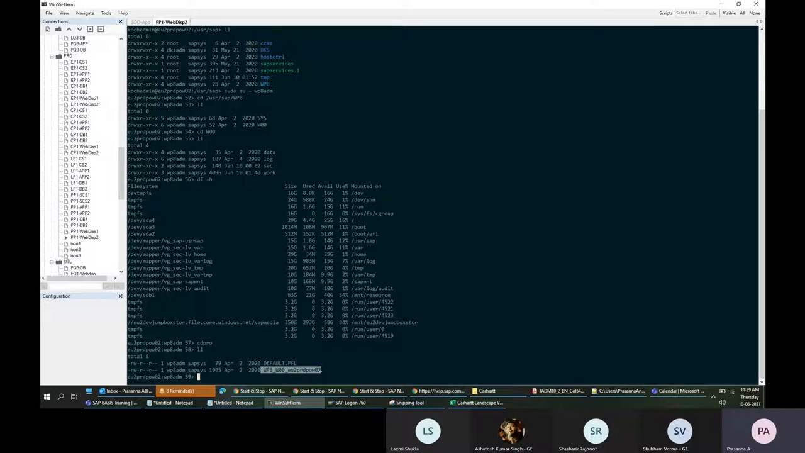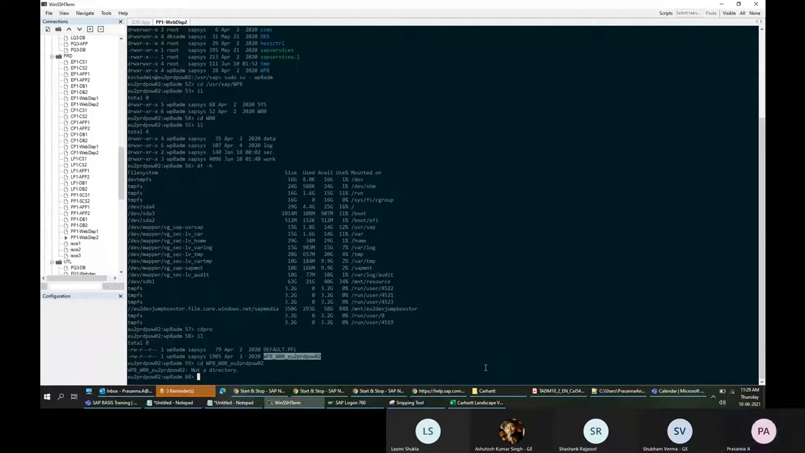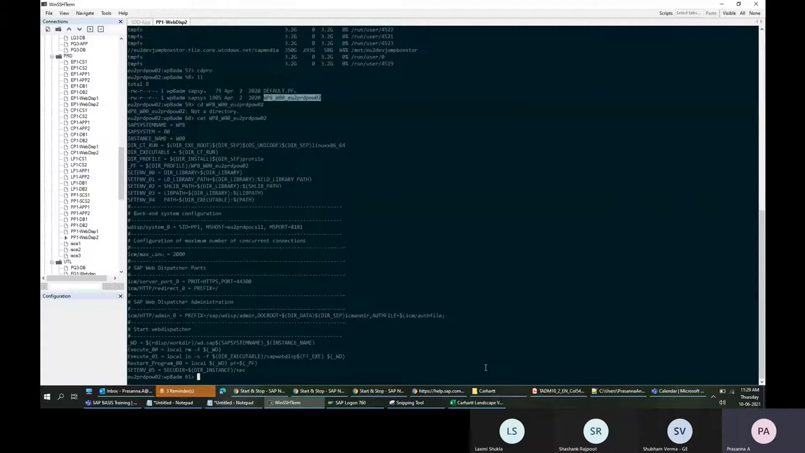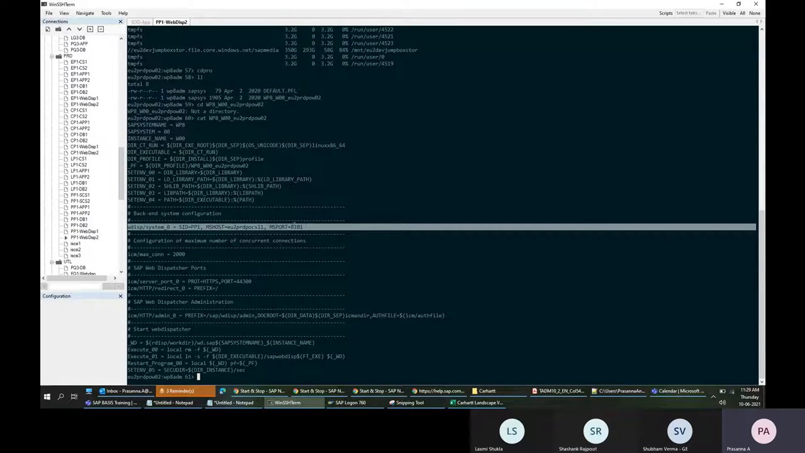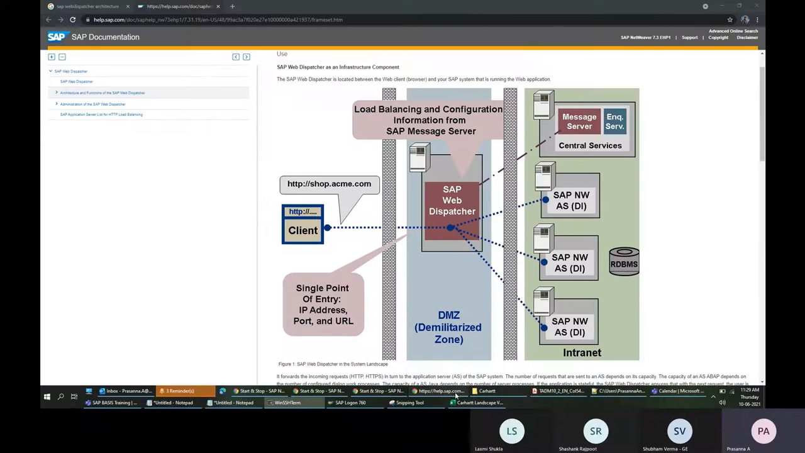I will mention where I have to connect it to. Here I would mention which system it has to connect to. If you see this diagram, there is the message server host. Wherever my message server is running, I would give that server name for this system, and there will be a message server port. I will give this port number. This I would find from